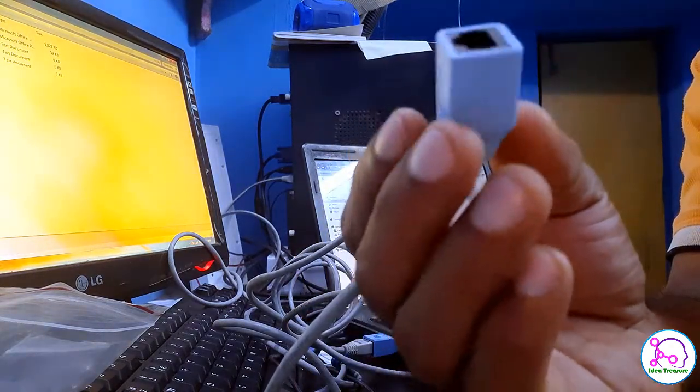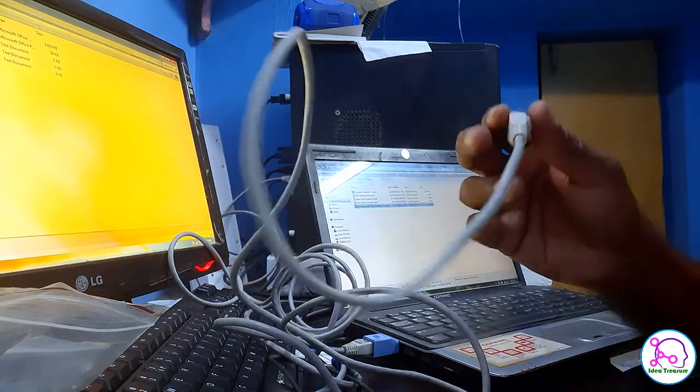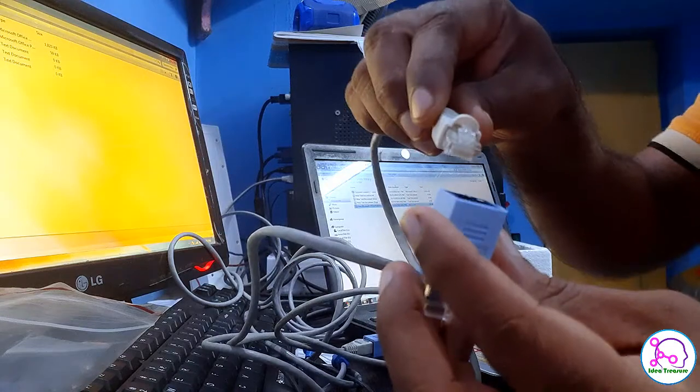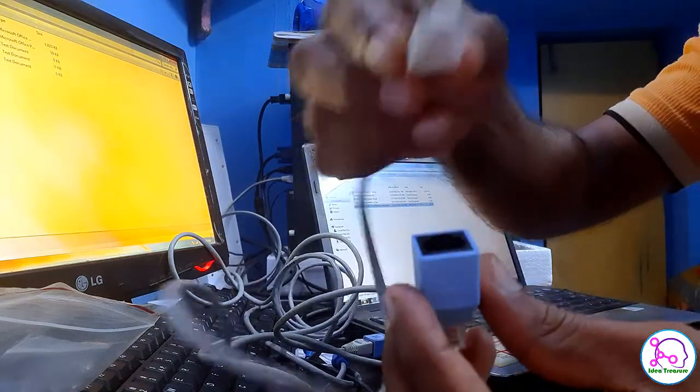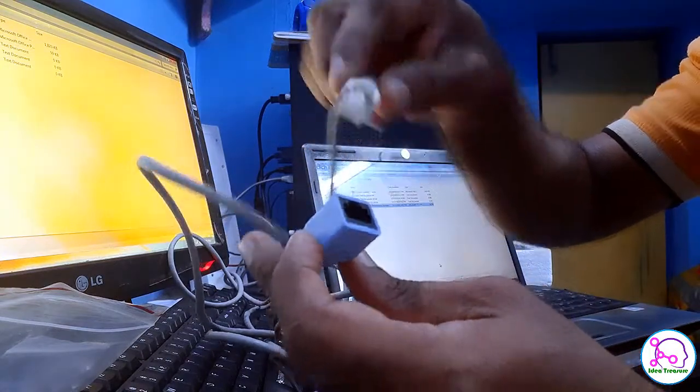So this one adapter, you can use it for both the purposes. When you have the straight cable like this, what I have just checked, you can have this male connector plugged into the female adapter. Okay,